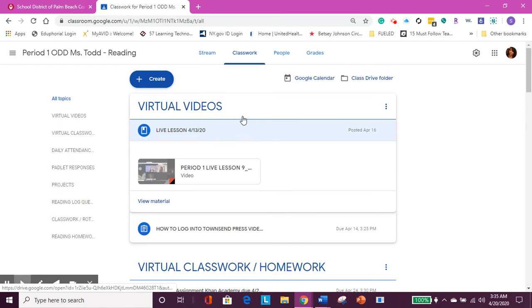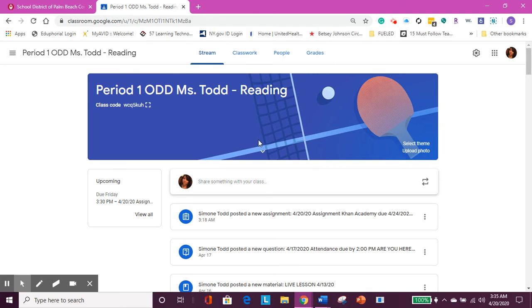So back to what I really wanted to show you, which was this week's work. Whether you're in sixth grade, which is my first, second, and fifth period classes, you have an assignment in Khan Academy. That's the only thing you have to do this week. Everyone is already set up based upon your Google student email address. You already have a Khan Academy class with me.